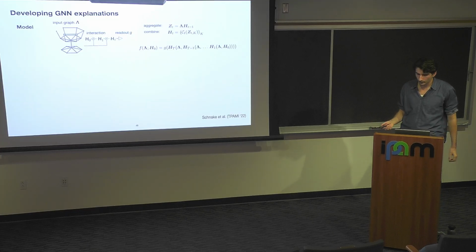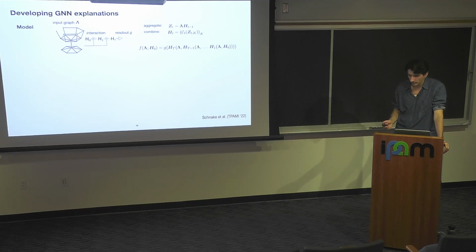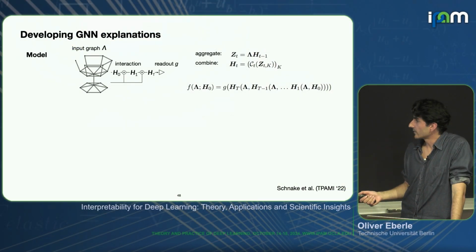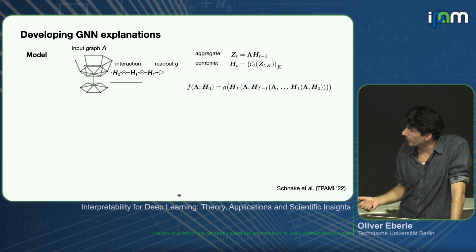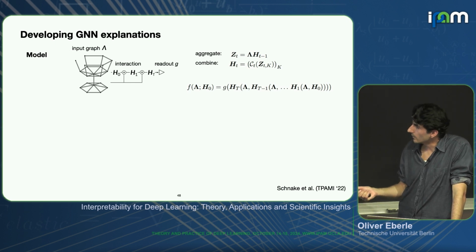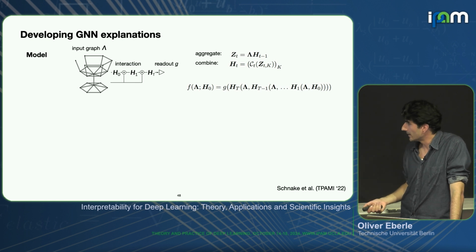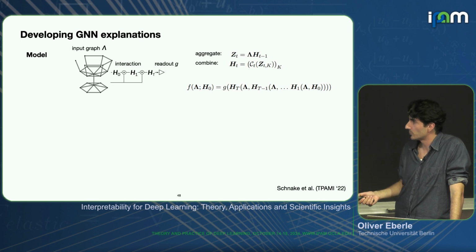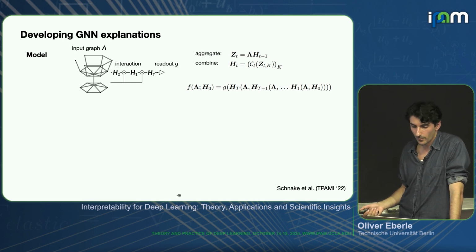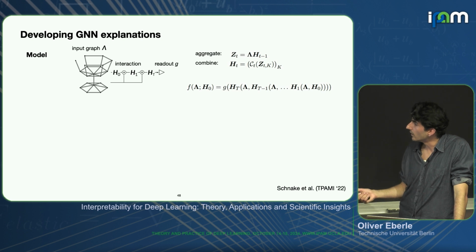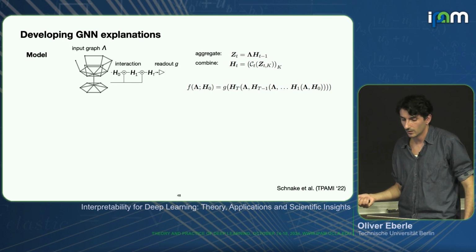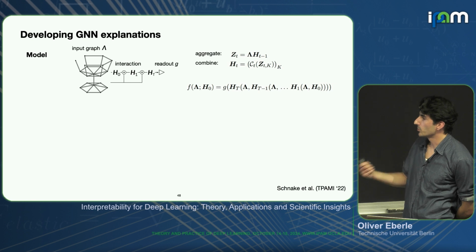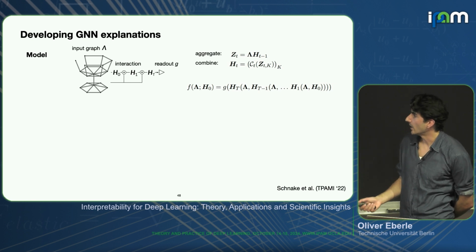I already teased that we're going to consider graphs mostly. Graph neural networks have the specific structure that they require the data to define what type of nodes can exchange messages among one another. So you have this adjacency matrix lambda, and you feed it in at different steps of the graph neural network to make sure that the structure is actually maintained and respected.